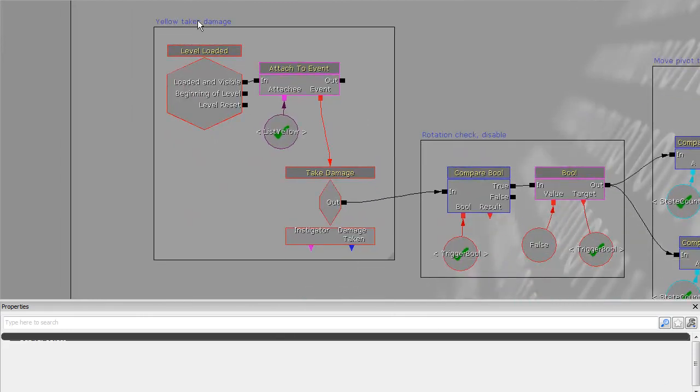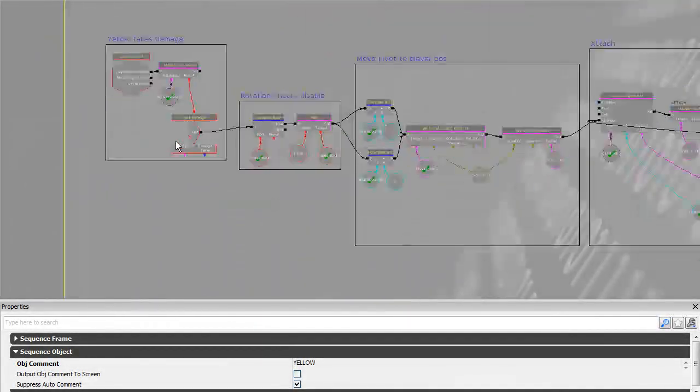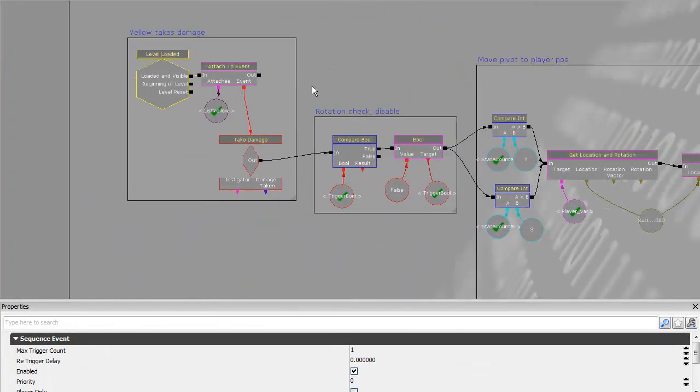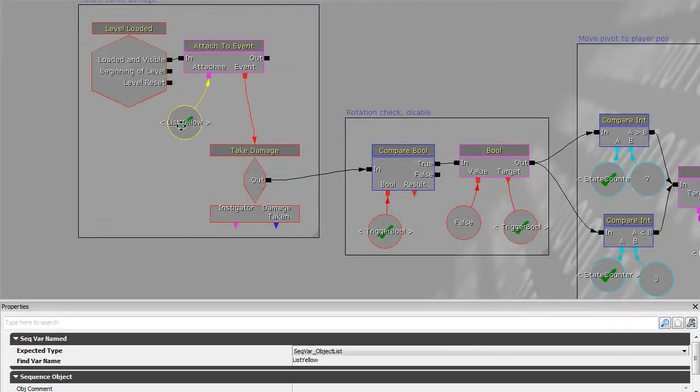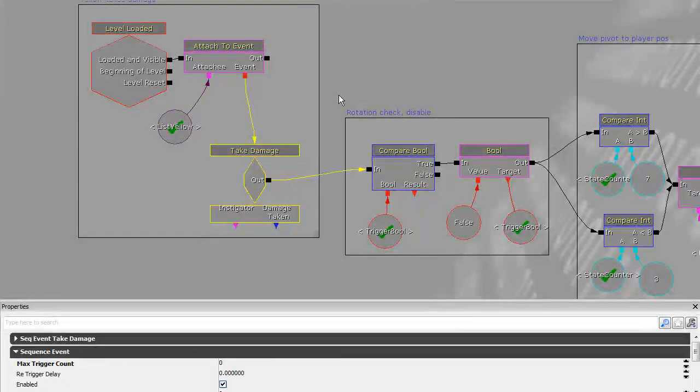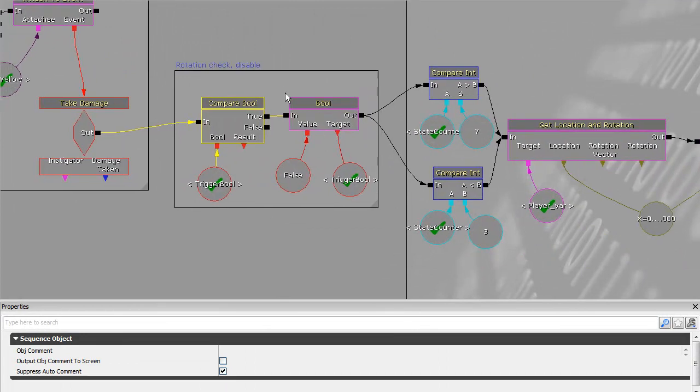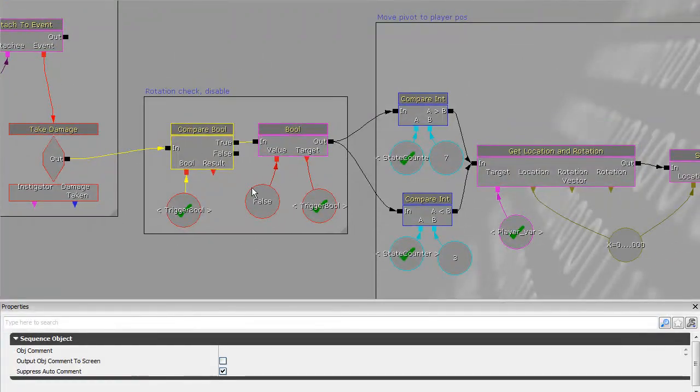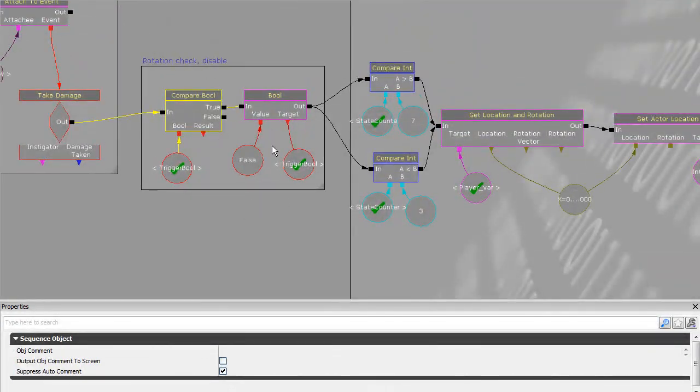As you can see here, yellow takes damage. The entire top part of this one is if you shoot the yellow tile, basically. And there's a blue, there's a red, green, white, and black. And then I have the respawning part over to the right side, which I'll show you later. So if anything in the yellow object list takes damage, turn off all of the other rotation, like the blue one, for instance. I just have to shut them off until it's done,